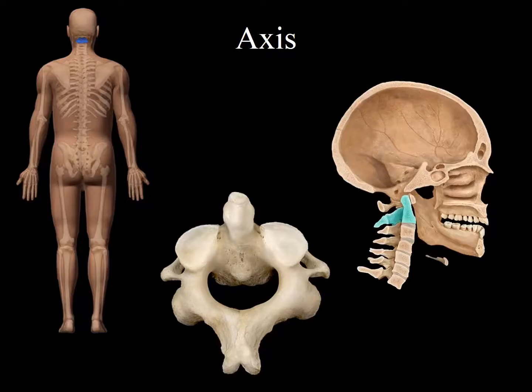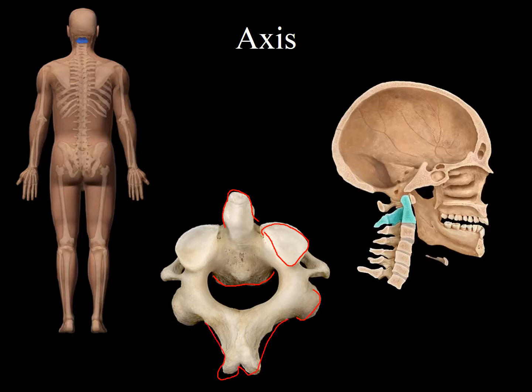And so here we're looking at a posterior superior view of C2, also known as axis. For the lab exam, I prefer you call it axis. This upward projection here that looks like a tooth, that is the dens. Now this segment, which is atypical, has many of the same features that we saw on the typical vertebra. It still has a vertebral body, but it's a little bit different because it has that dens coming out of it. It has the superior articular processes on the right and left, the inferior articular processes, the spinous process, but